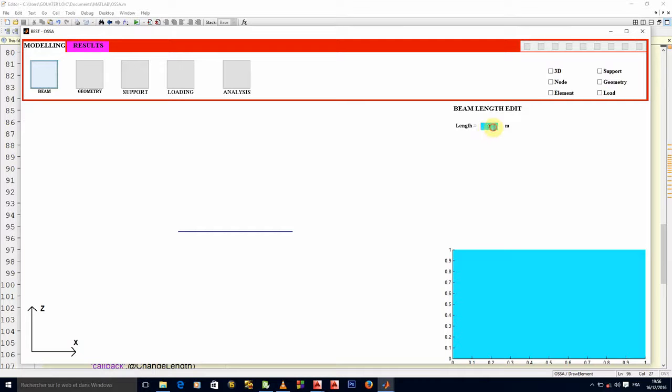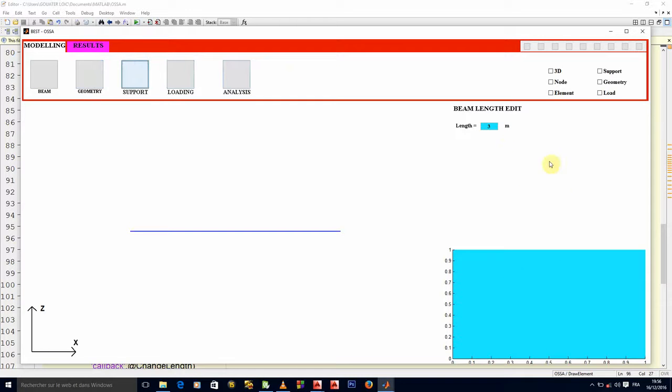Good. So I will have 5, I will have 8. If I click here again, nothing happens. Are you seeing that? So as I was saying, when we click here, this should appear. The same way when we click for geometry, what will be concerned with geometry will appear here.